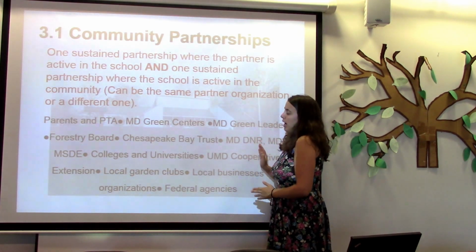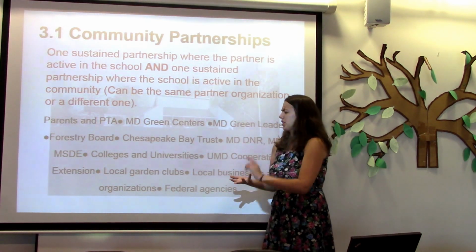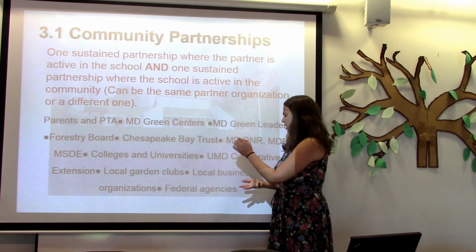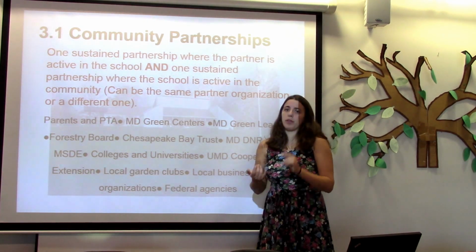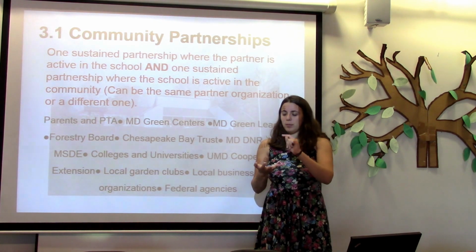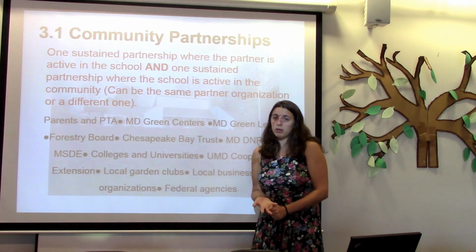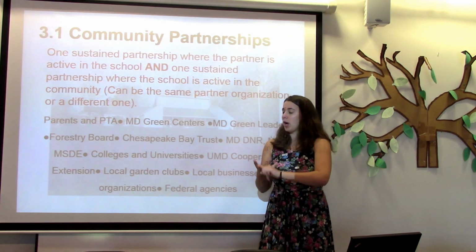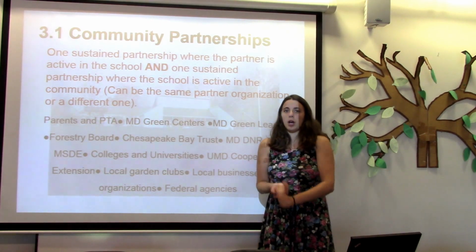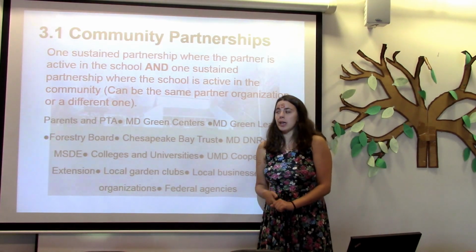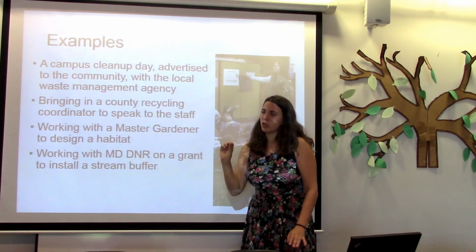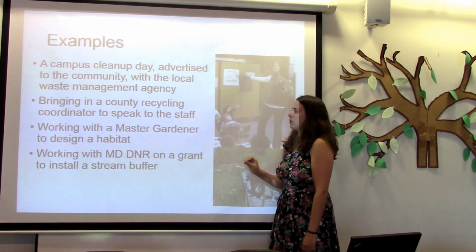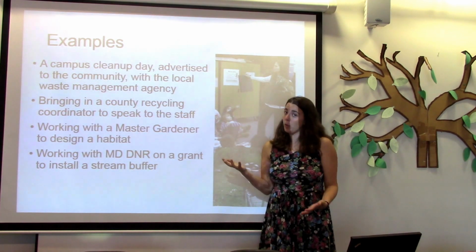Then we also have colleges and gardening clubs and federal agencies, and you can go with volunteers, you can have people help you design projects, you can have people come into your school, you can have grants and funding. There are different ways to have partners, just very few examples to show you, but there are more examples